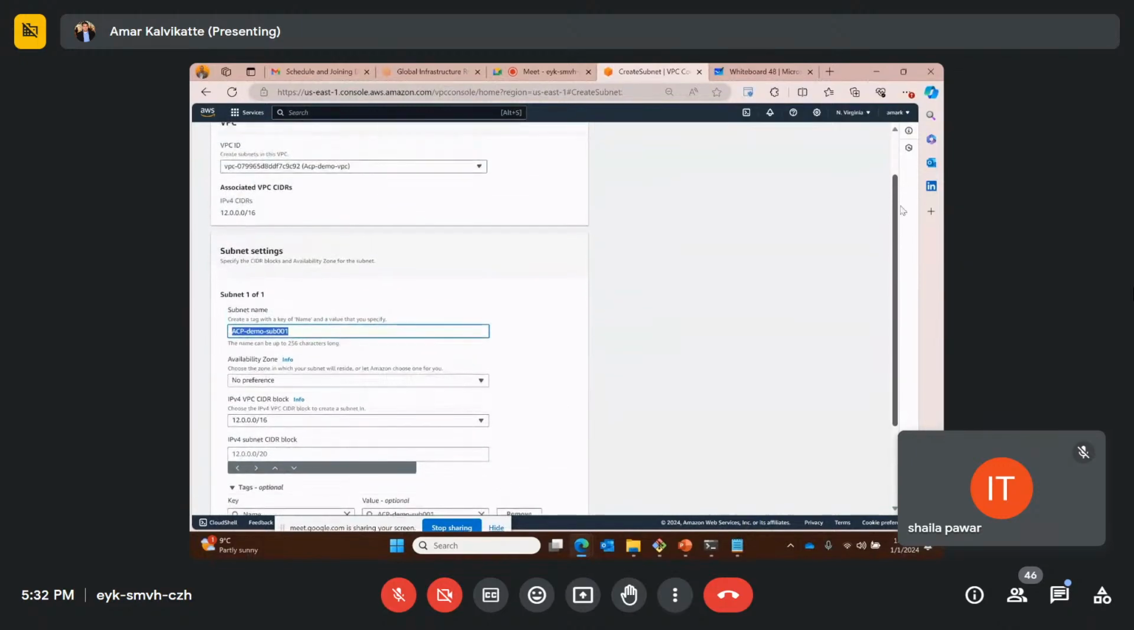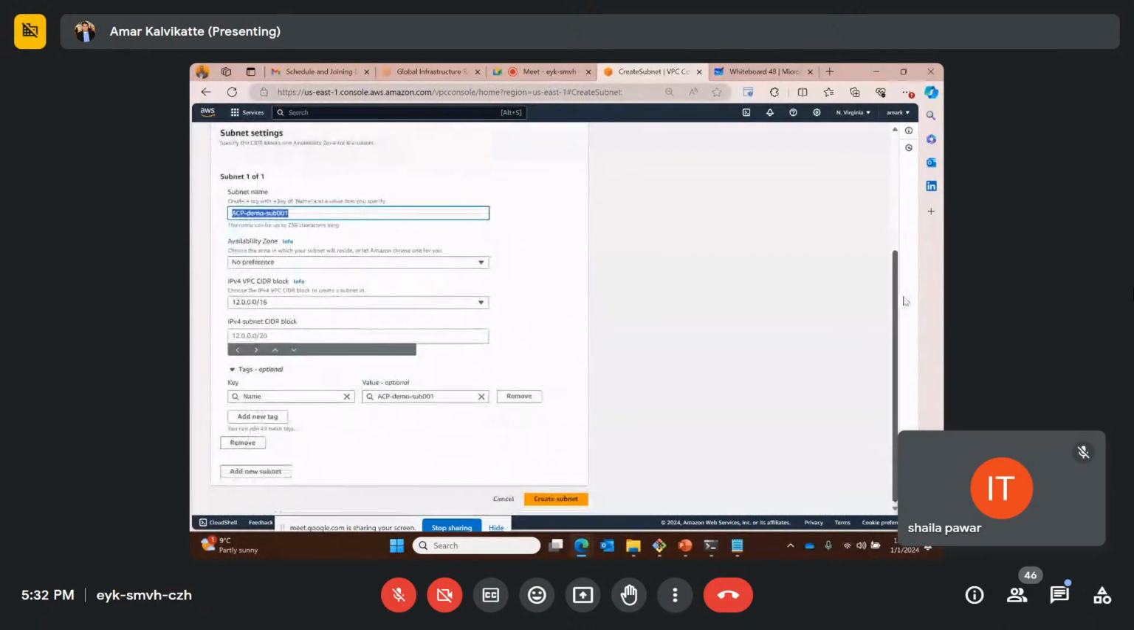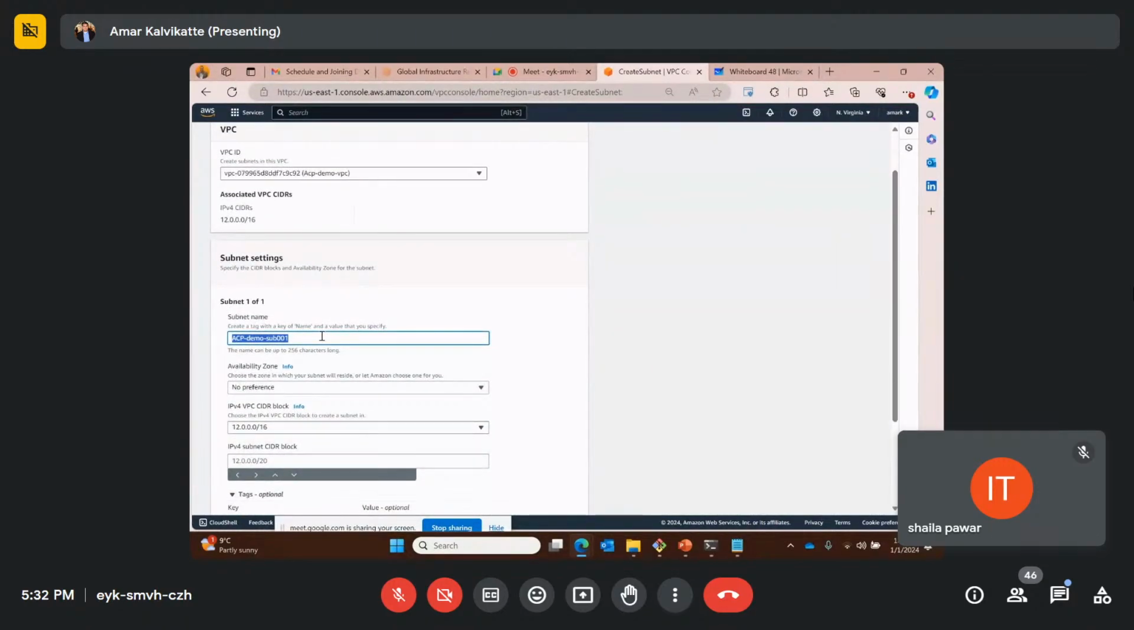Did I choose VPC? Yes. Then you choose subnet. Let me choose that subnet name in a different fashion. Maybe what I can do, because what I want to do is I will create those subnet into zone A and zone B. Then let me put subnet